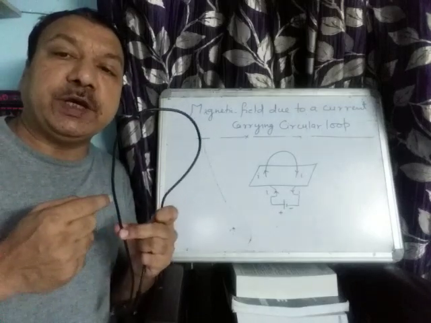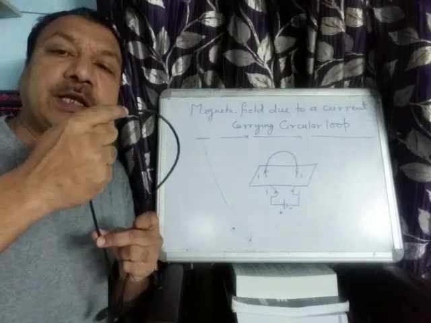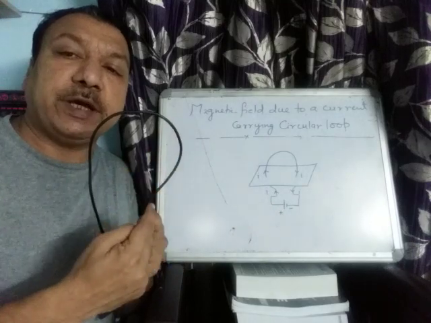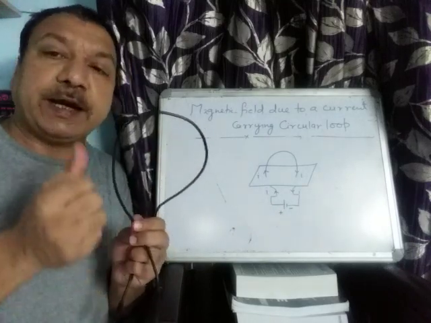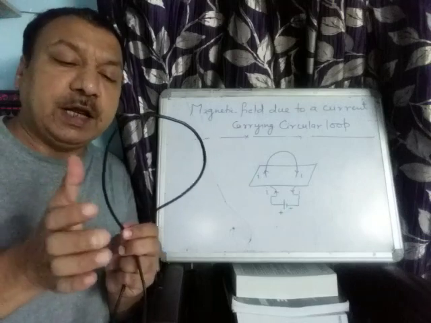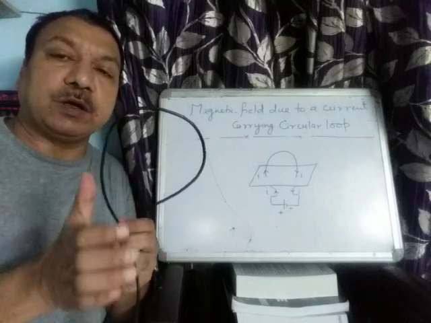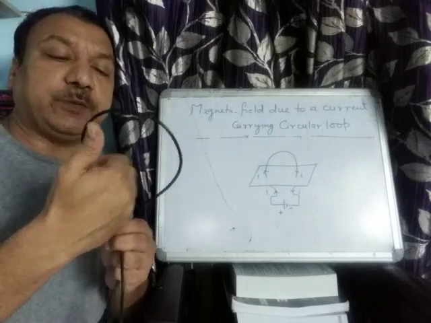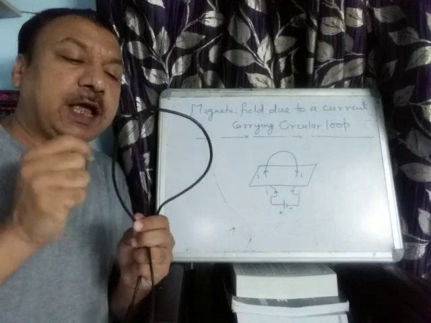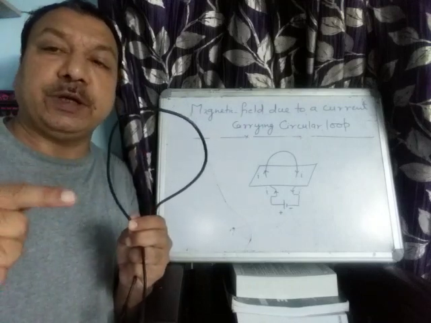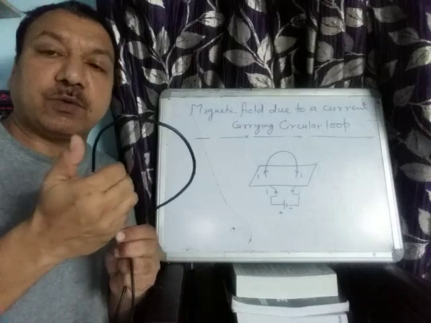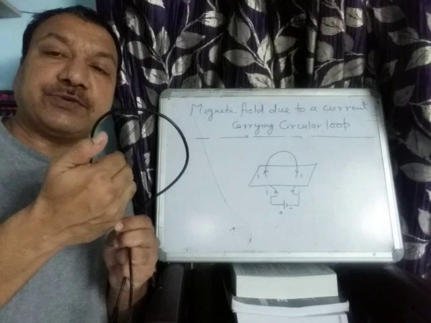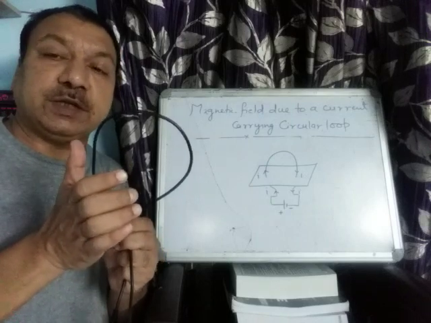The current will be moving in this wire in the upward direction, and after that, on the right side, the current is coming down. If the current is moving upward, how will the magnetic field be? Just keep your right hand thumb along the direction of the current and the magnetic field will be circular in this way. It means from the front it will be entering and at the back it will be turning back, going away from that. So there will be a circular magnetic field. Why in this way? Why is the magnetic field entering from the front? Just because of Maxwell's right hand rule.